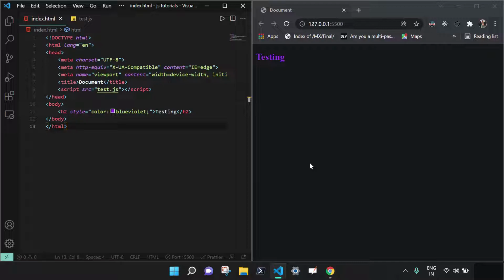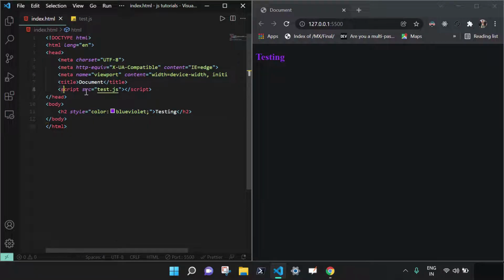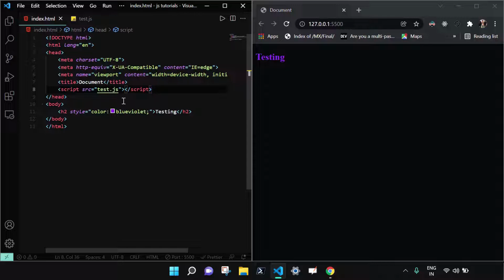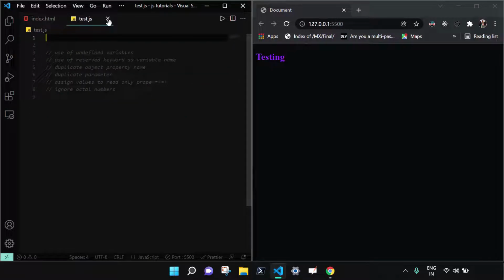Before we start that, I will tell you my setup. The setup is very simple. I am using an HTML file, and a JavaScript script is added here, which is test.js. This is my browser. As you can see, there's just one h2 element, which is testing. Now let's check our JavaScript file to make sure that everything is working.